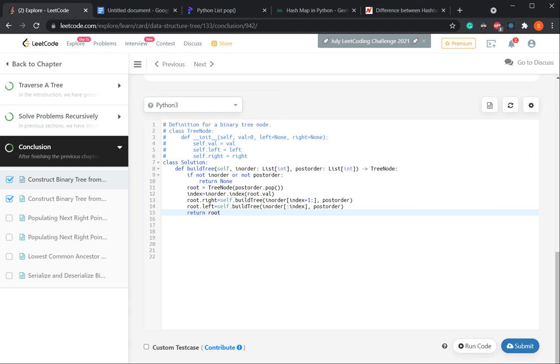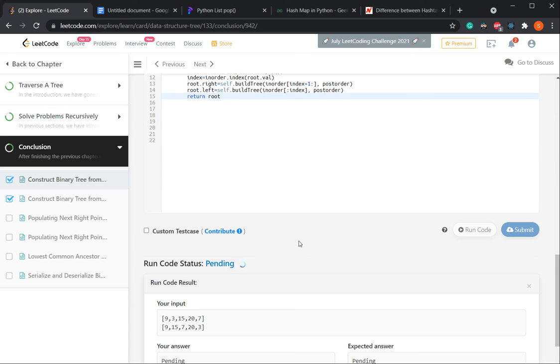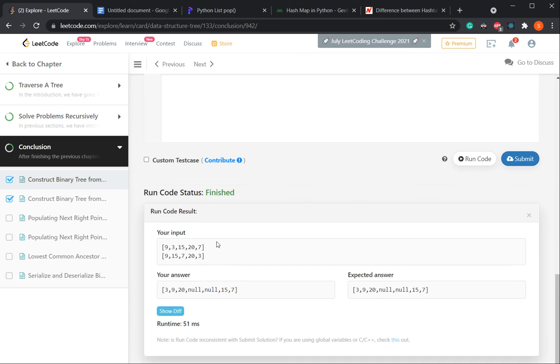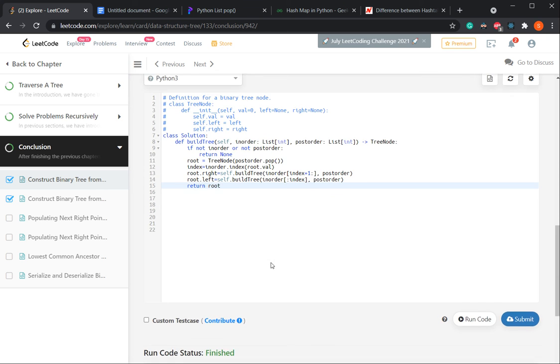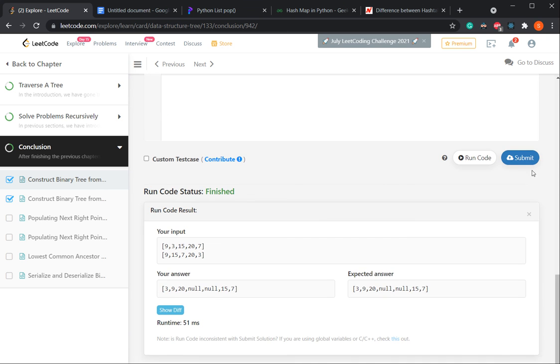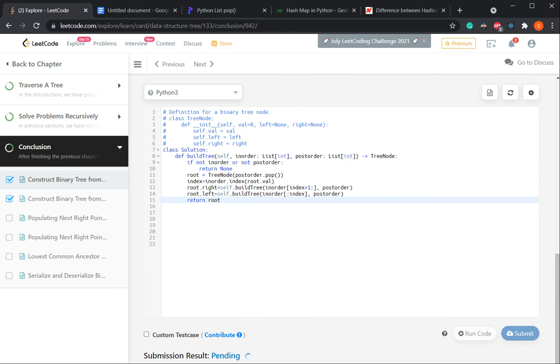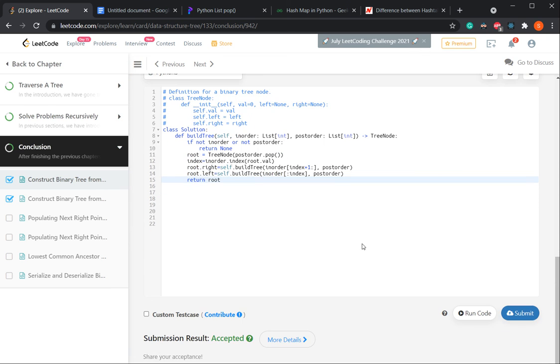Let's see if this works or not. Run the code and we will see if it is working. Yes, it is finished, and our answer is this and the expected answer is this, and there is no difference. So I guess this is working, and we can submit this and see if it gets accepted or not.